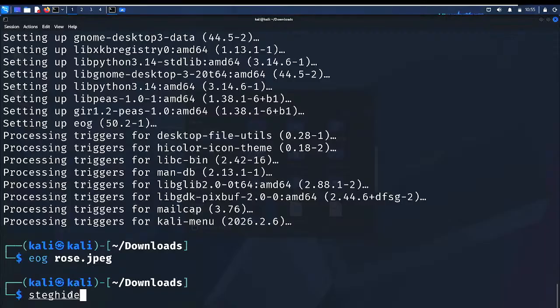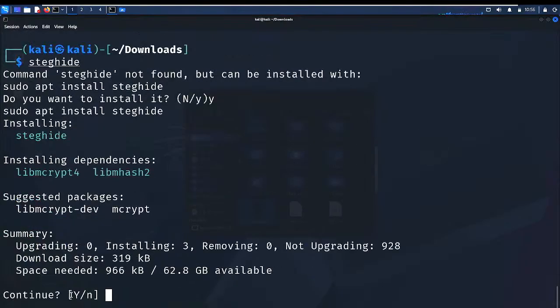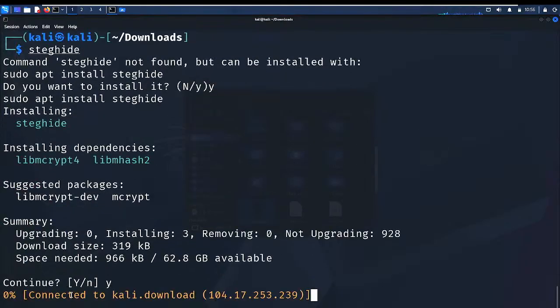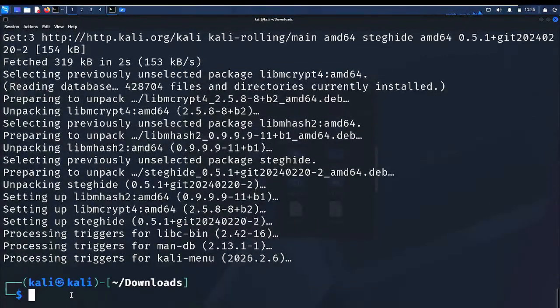So you can see what I'm doing with my Linux tool now. I don't have this tool on my system, but I'm installing it. Unlike on Windows, where I have to go to my browser and download, now I'm installing it from the terminal. I click enter and it asks me, do you want to install it? Yes. Start installing. Continue. Yes. You see how powerful this system works. So it's installed. If you notice, when I typed it the first time, it was white. Now it's gone blue, meaning I have this tool now on my system.